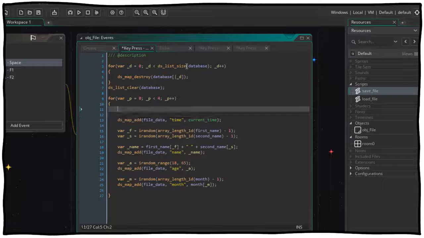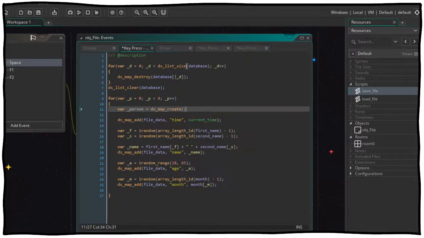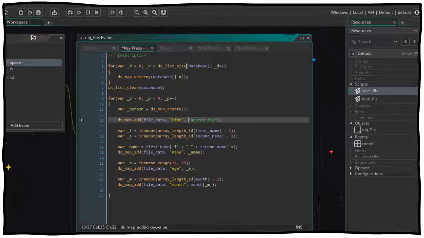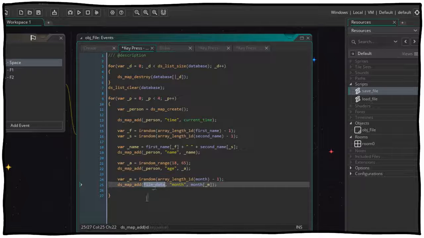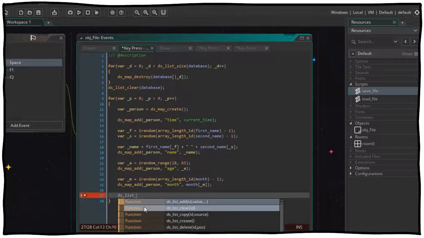Now at the start of the loop, we're going to create a local variable, call it person, and into this we will create a ds_map. So create a new ds_map, and then we're going to replace every instance of file_data with person. And at the end, we will then add ds_list_add,